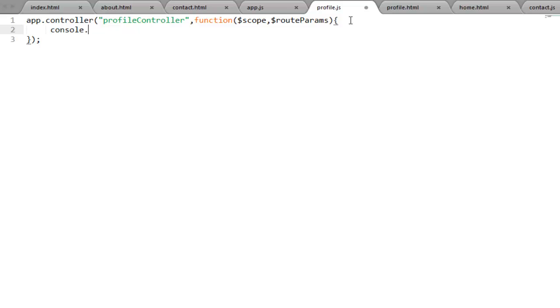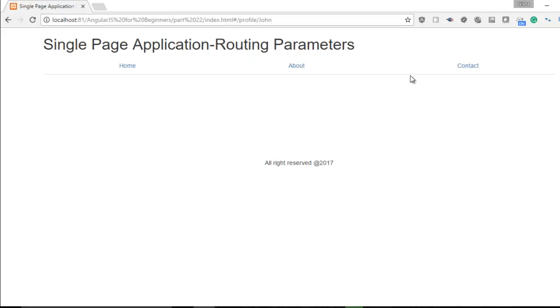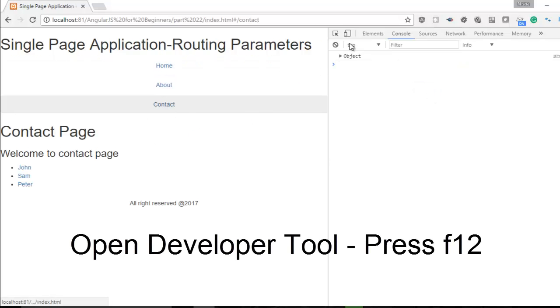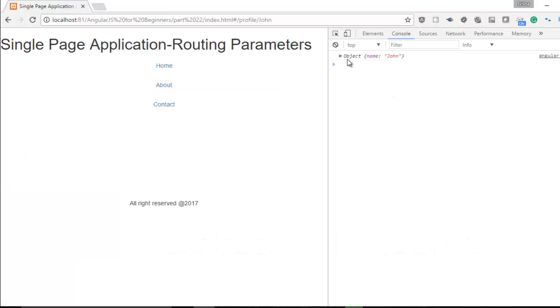Just for checking, if you say console.log and say routeParams, press Ctrl F5 to clear the cache. Now when you click on any of the links, you will notice that routeParams is returning an object that right now has only one property, name, with value John. So if your route takes more than one parameter, it will store all the information of your parameters in an object with the help of routeParams.